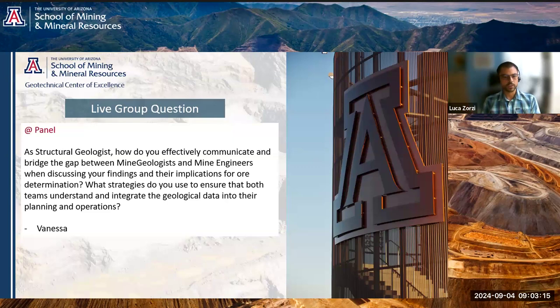So, as much as possible, sitting down in a room and sharing ideas is extremely important. Even if we are responsible for generating a 3D geological or structural model that will be used for mine planning at a different stage of a mining operation, it is fundamental to sit down and have an open discussion with all other